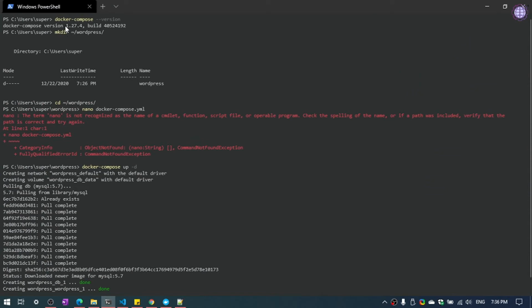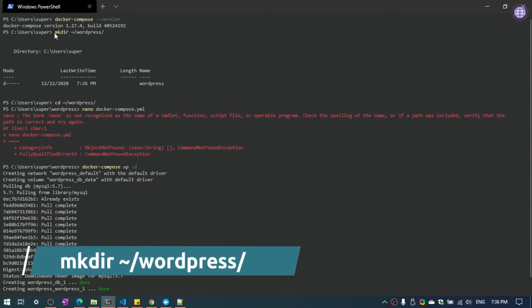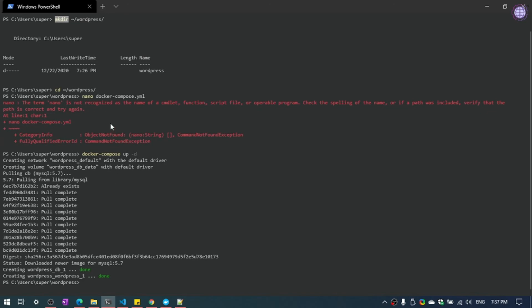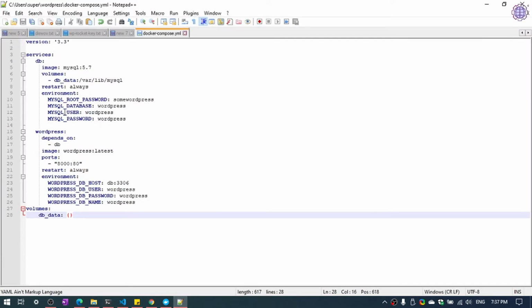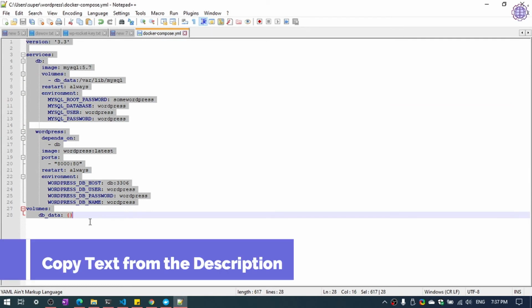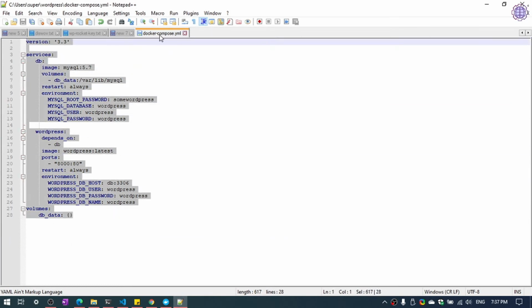You need to create a directory, as you can see, mkdir wordpress. Then after that you need to add some text, some database credentials. As you can see, you need to add these credentials to your docker-compose.yml. Where are you going to find this file?